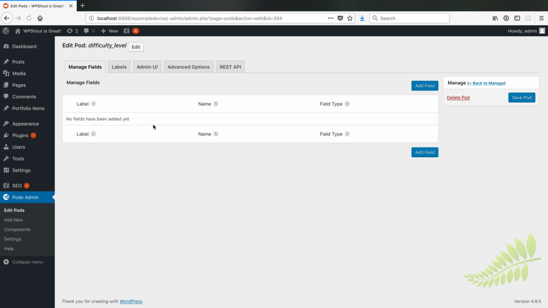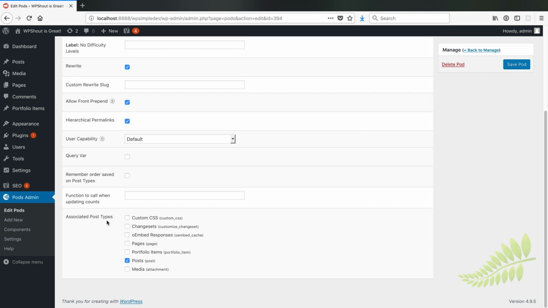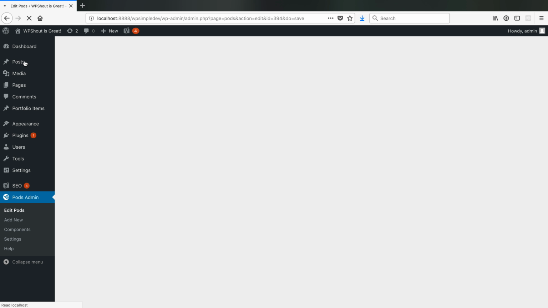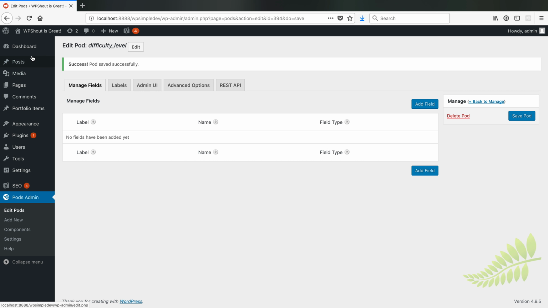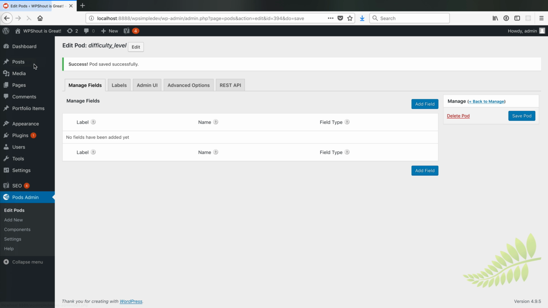Okay, so to apply a custom taxonomy inside of Pods to a specific post type, I come into advanced options and I scroll down here, and you'll see at the bottom this associated post types option, and I've already selected posts. So if I unselect that, we'll note that everything goes back to the way it was, that is I can't select a difficulty there. If I go back, reselect posts, which you'll have to do when you initially create it,